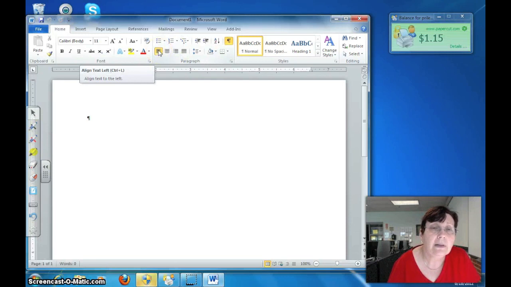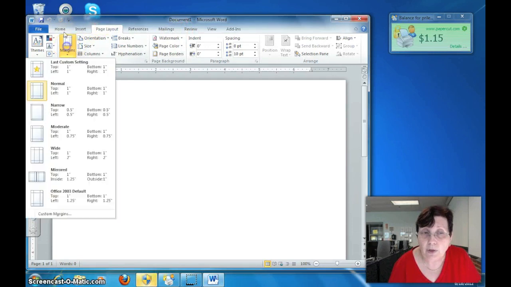When you're setting your document for an MLA style paper, you will want to go to your page layout and go to margins, and check to make sure that you have 1-inch margins all the way around. 2010 actually does 1-inch margins as the default, so you don't have to change that. But if you're using another version, then you'll want to go down to the custom margins and set up something like this here,